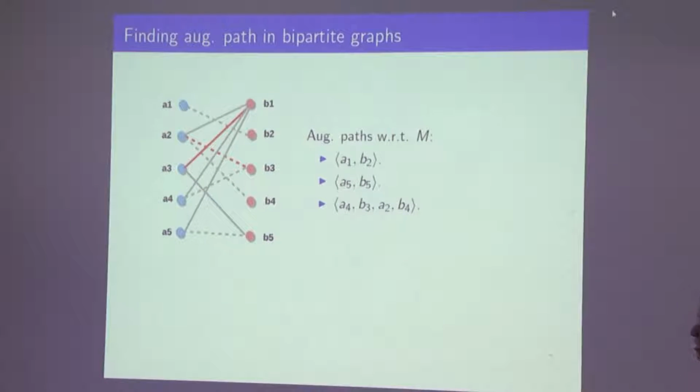And now, can we observe a little more about augmenting paths? Let's say my augmenting path starts on the A side. Where does it end? B side, right? Because as soon as you take an edge, you go to the B side, you have traversed one edge which is an odd number of edges. So you can end in the B side with one edge. If you come back again, you have traversed an even number of edges.